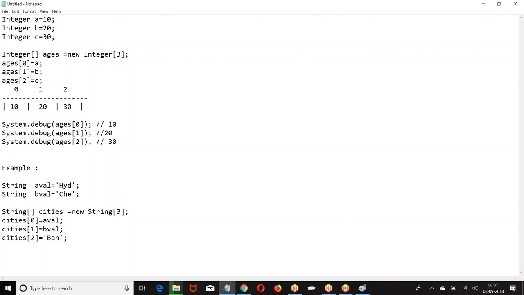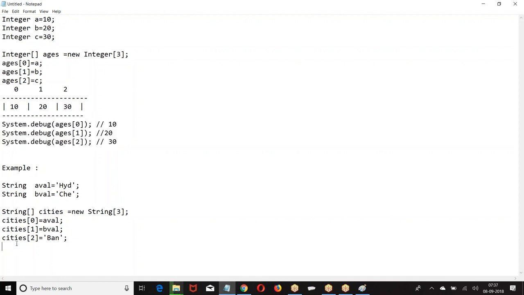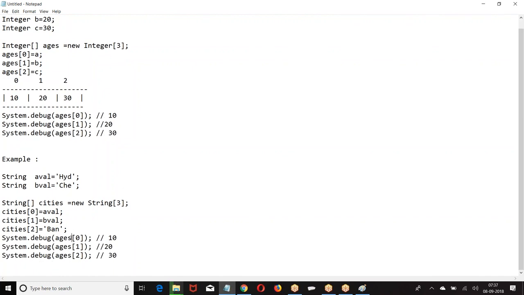Already existing values I assigned. Third value straight away I have given, cities of 2 equal to Bangalore. I hope you are good with this. Right? Now when I am printing the value,